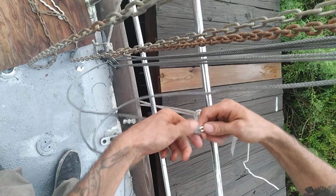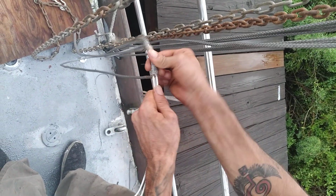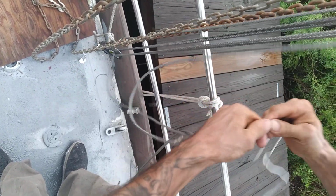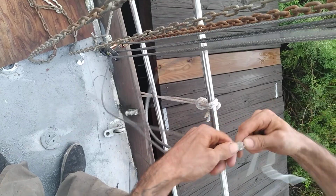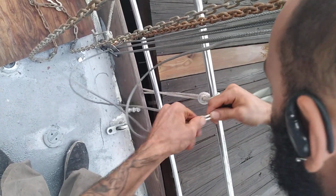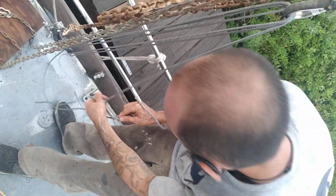You just got it inch by inch by inch. Well, with this, it's centimeter by centimeter. The bigger Dyneema you get, the more inch by inch you get. But the longer this takes, I can sit here and wait and let this half-inch stretch, because the deadeye system that I was using just to stretch it, I'm not quite sure my strength is quite as high as